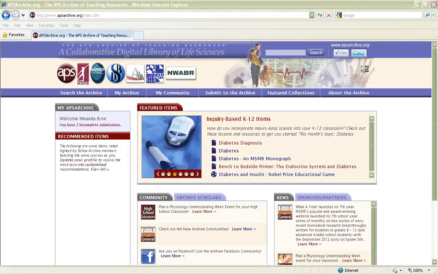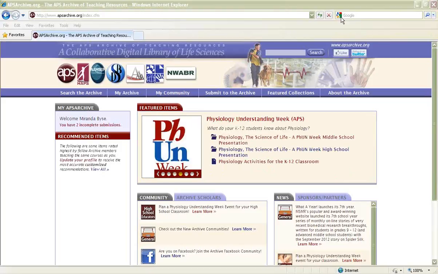This tutorial will show you how to submit a folder as a collection in the archive. Now before you get started, make sure that you are logged into the archive. You will know so if you look on the upper left-hand side under My APS Archive and see Welcome in